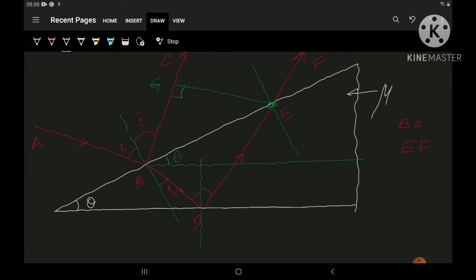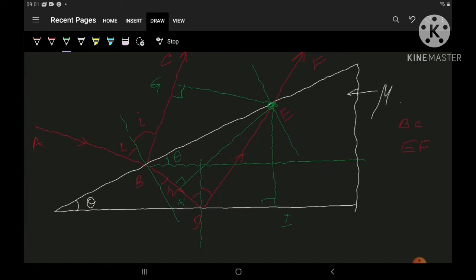The second normal is drawn from point E to the refracted light ray BD. Here this is the second normal, suppose, means here angle 90 and the point is denoted by H. And the third normal is drawn from point E to the lower surface of the film. Here this is the third normal and its name is EI. So we have drawn three normals from point E.